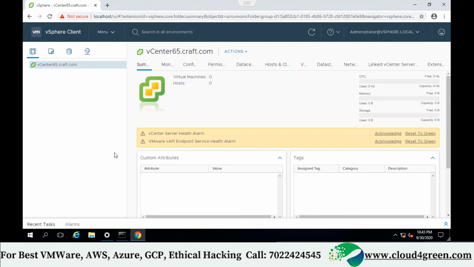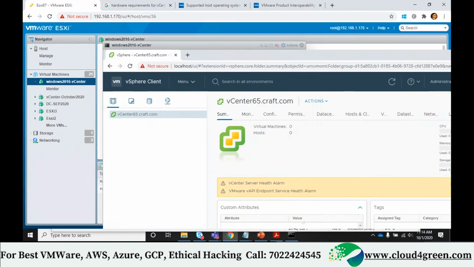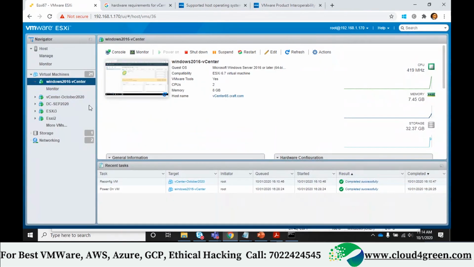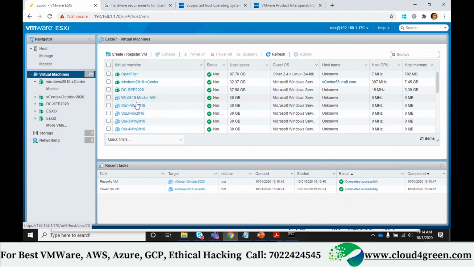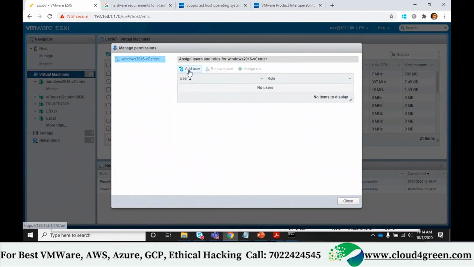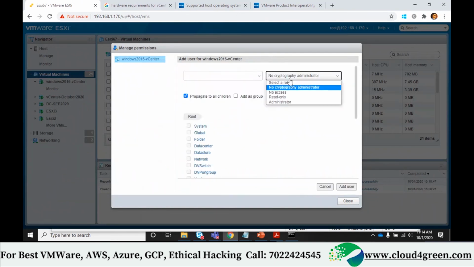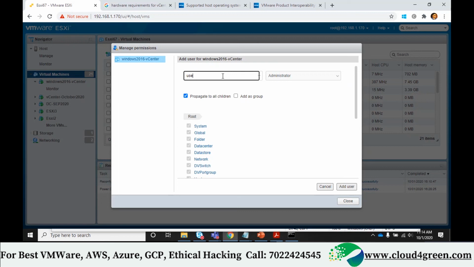Or I can give you access to your user only, user 234. You can see that console directly from there. You don't need to separately RDP to this machine. I will give direct access to your primary ESXi. So on the Windows vCenter, right click, permissions, add a user, administrator, user 1, user 2, user 3, user 4.